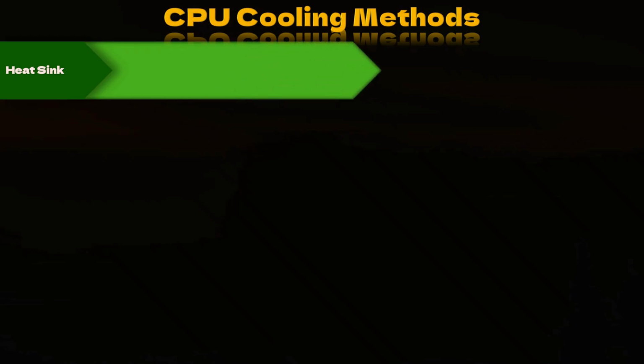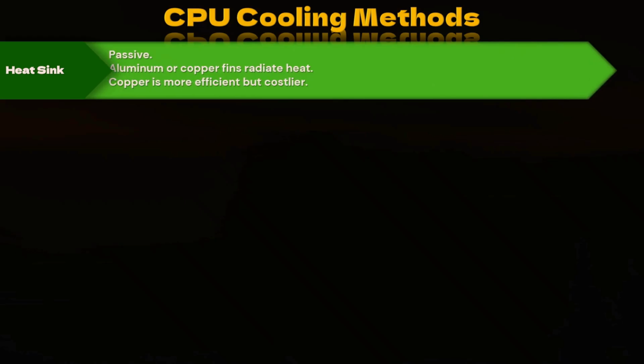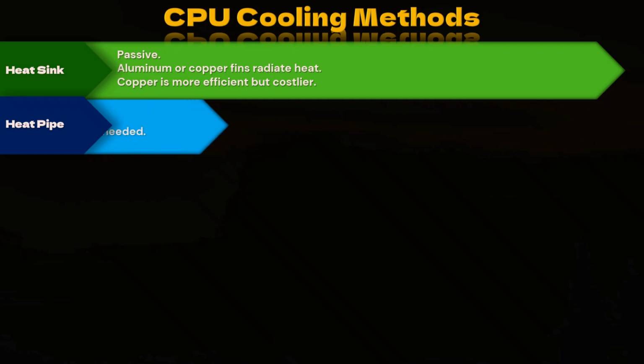Aluminium or copper cooling devices sit on top of the processor or other heat-generating component, typically held down with a clamp. Now that's called a heatsink. Heatsinks conduct heat from the processor to thin metal fins that radiate into the air. Copper heatsinks are more efficient but also more expensive. In addition to processors, you often find smaller heatsinks on chips and even RAM. Because it has no moving parts and makes no noise, a heatsink is considered passive cooling.